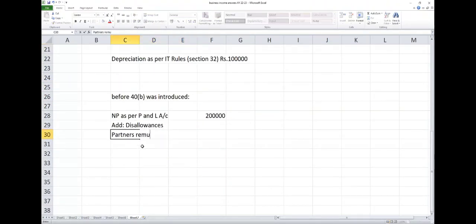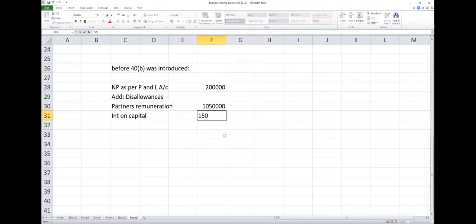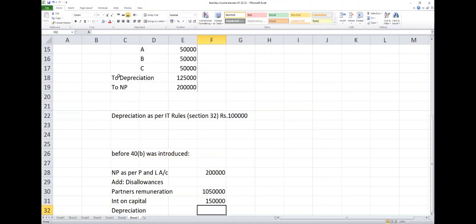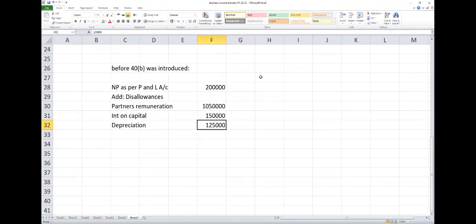Partners' remuneration 3,50,000. How many partners? 3 partners. All the 3 are working partners. And then interest on capital was also disallowed, students. Interest on capital to 3 partners, 50,000 into 3. Depreciation as per books was disallowed. Now the total: net profit plus disallowances, partners' remuneration fully disallowed, interest on capital disallowed. Total 15 lakhs 25,000, less: